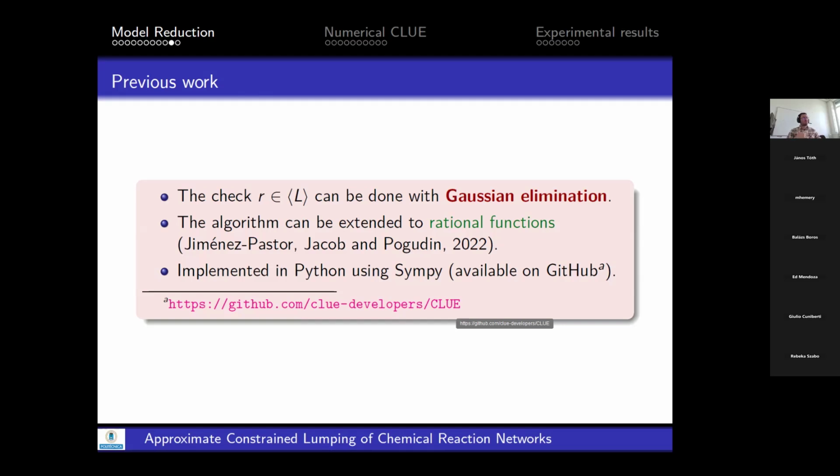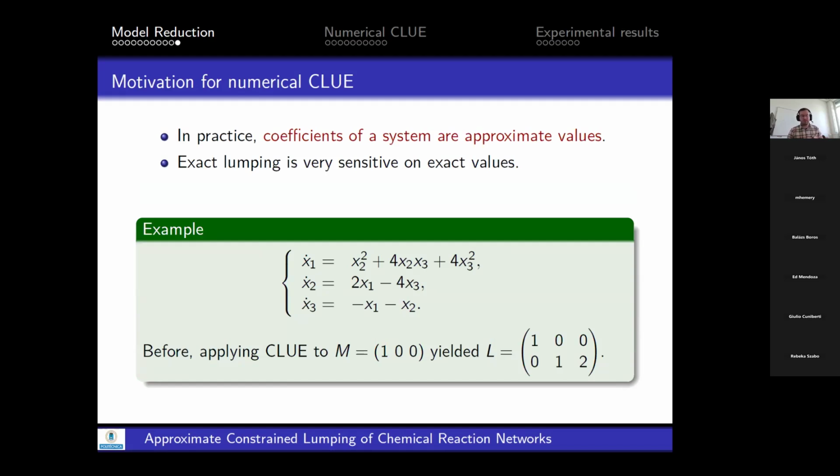However, and this is kind of the motivation of this paper, essentially, CLUE and this exact reduction, this lumping,